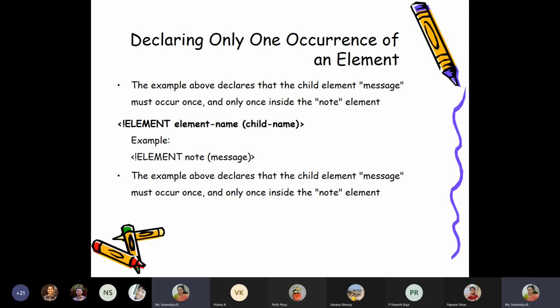Here it is only message. When you declare element note with message, it says that message is a child tag which will appear once inside the note tag. So this is only one occurrence. If you mention the name only once, then it is one occurrence.